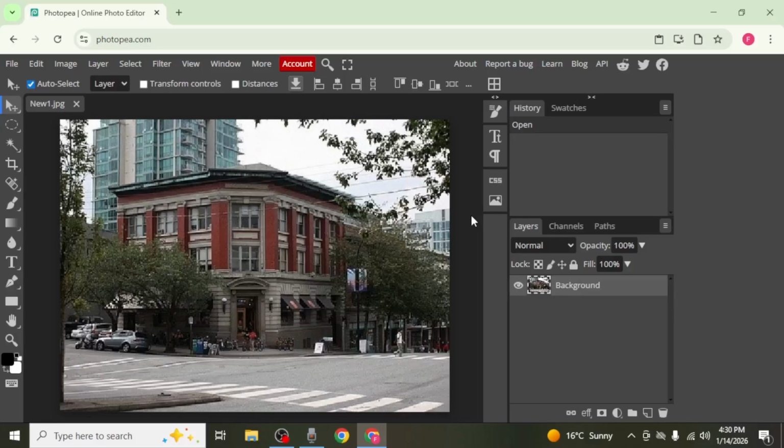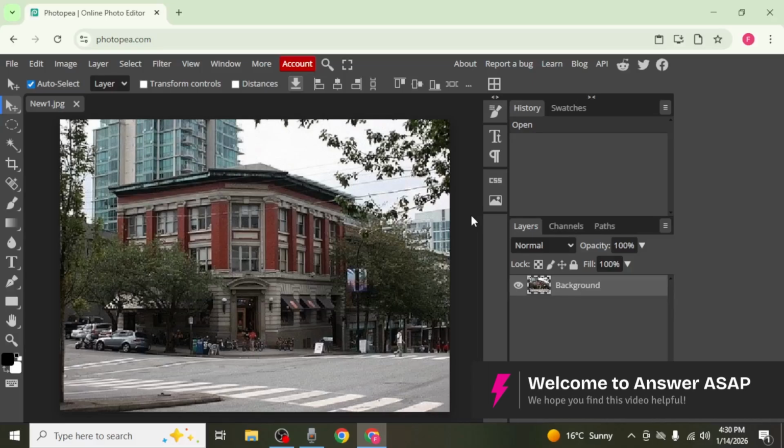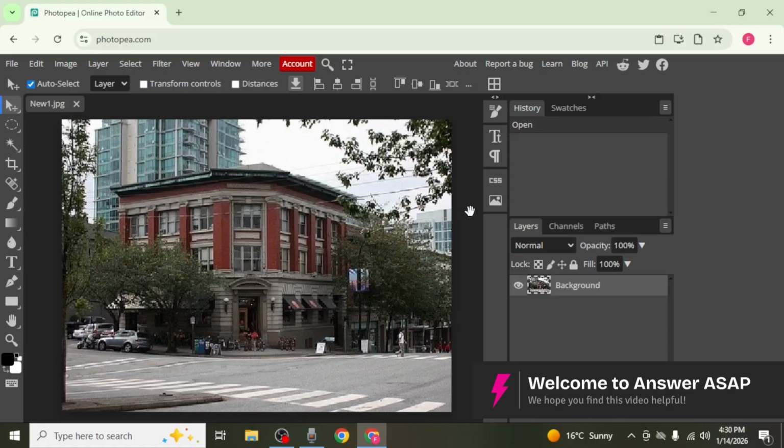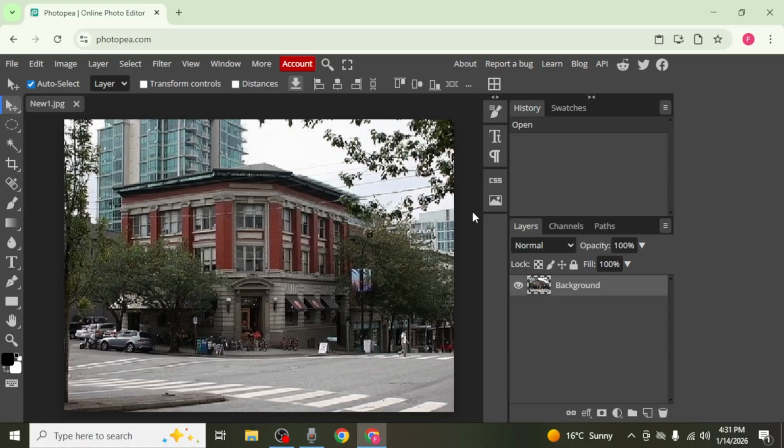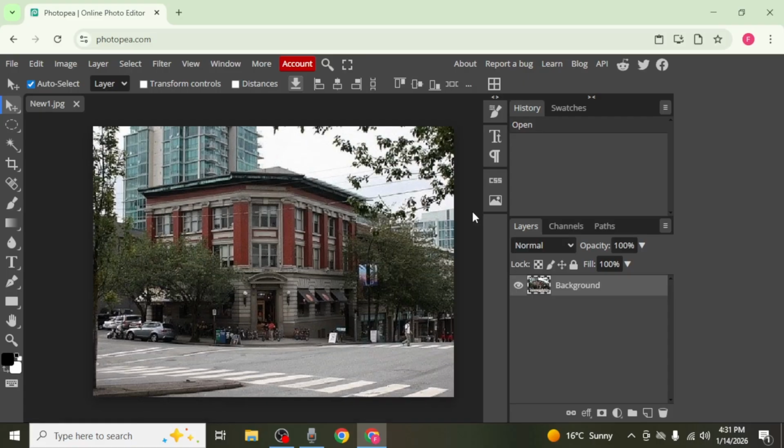In this video, I'm going to show you how to change aspect ratio in Photopea. To begin, open the project for which you want to change the aspect ratio. This can be any image or design you have already created. For example, you might have opened an image and now want to resize it for a different platform, such as